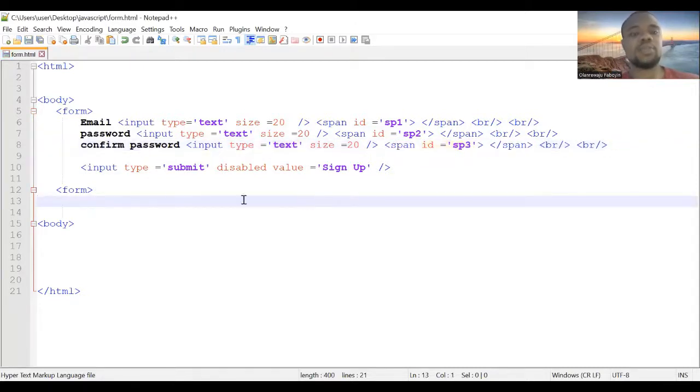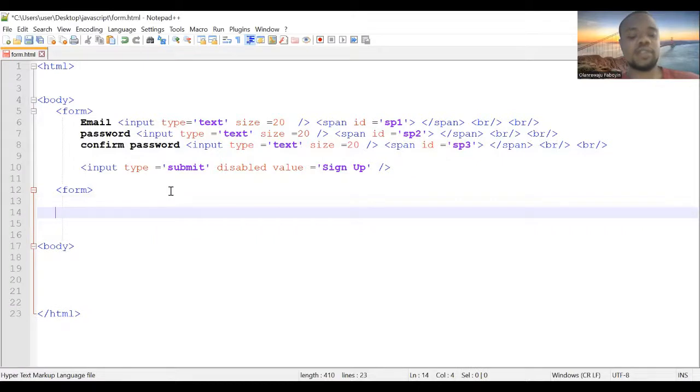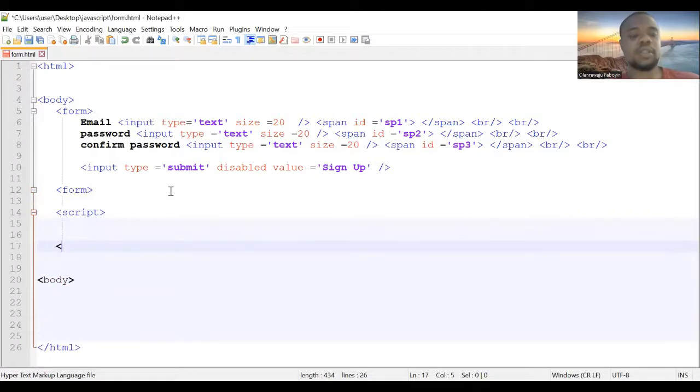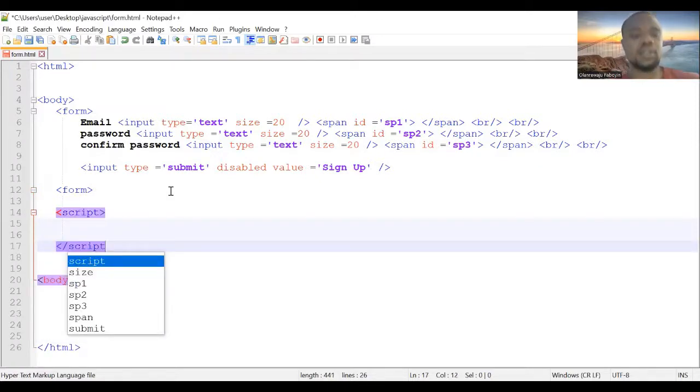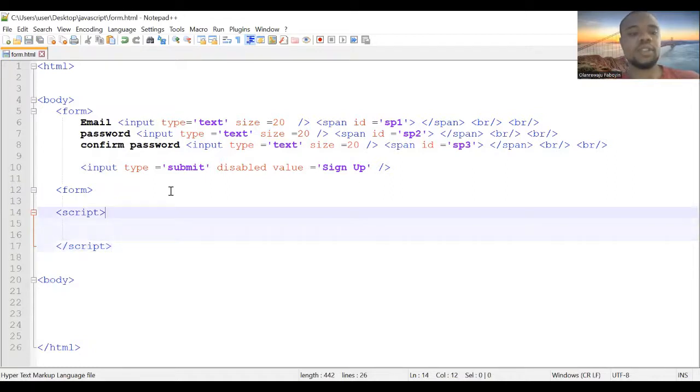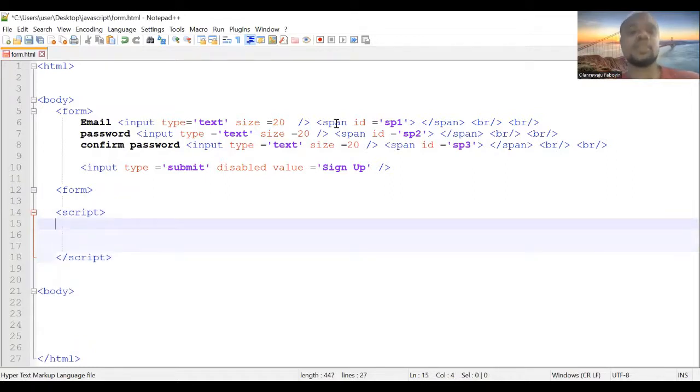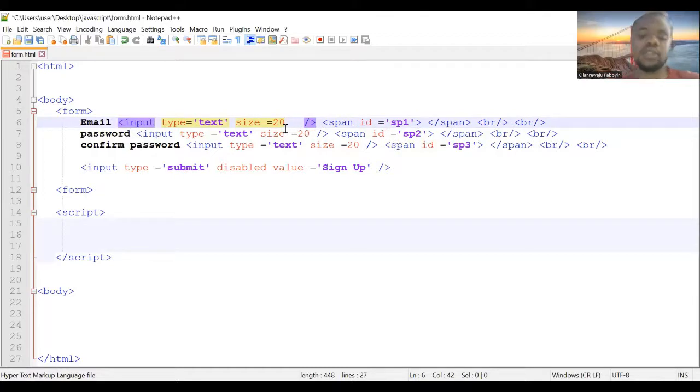Okay, so let's move to our HTML, to our JavaScript. Sorry. So I'll create a script. Use script tag. So the first thing I would like to do in this script is to validate the email. Just validate the email. Then I'll be using the on key up